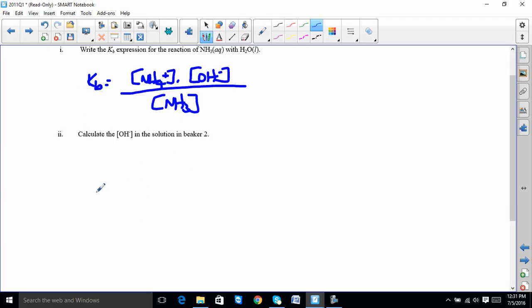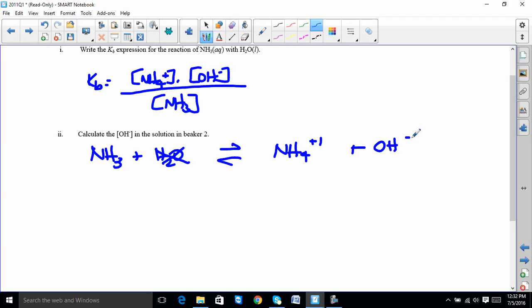And then calculate the OH minus in beaker 2. Well, this is interesting, because what you have to do is rewrite the equation, keeping in mind that pure liquids and solids do not participate in equilibrium. I'm going to switch colors, but this is heavy-duty Bronsted-Lowry theory. This is the base, so this has to be the acid, and then this is the conjugate acid, so this has to be the conjugate base. Not that you need to do that, but you can't do